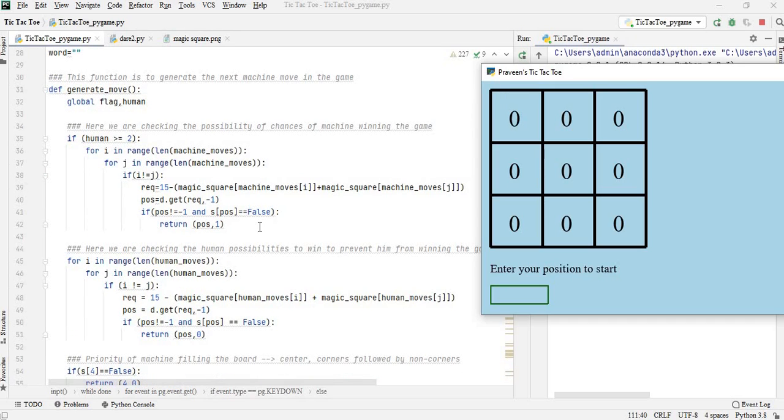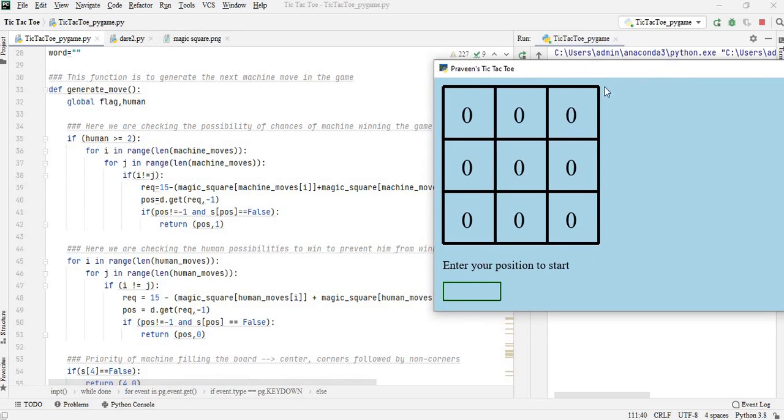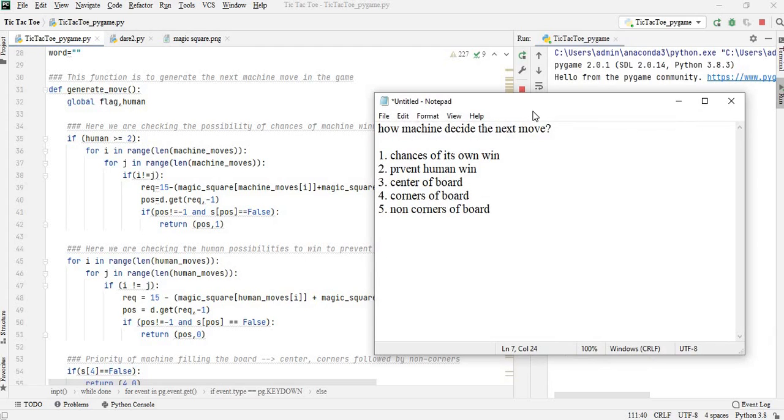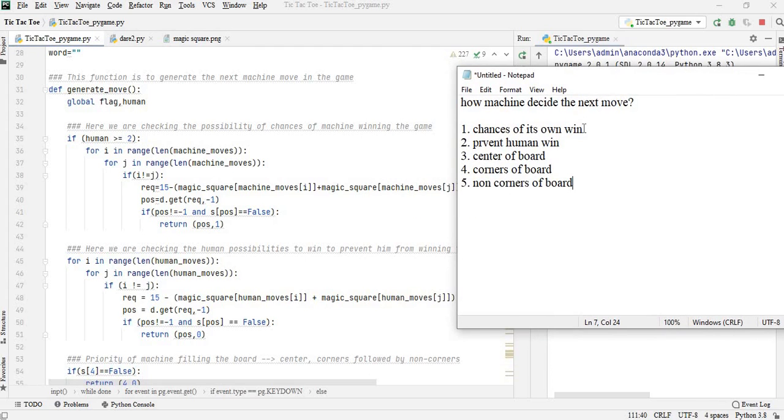Now let's see how the machine will generate the move on its own. The machine will follow some steps. Based on that it will take the decision. First the machine will try to find whether it has a chance to win with its move or not.